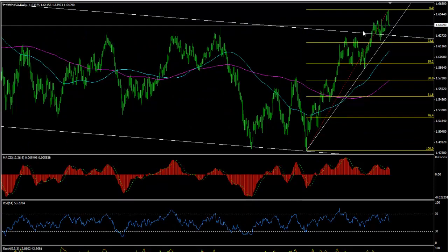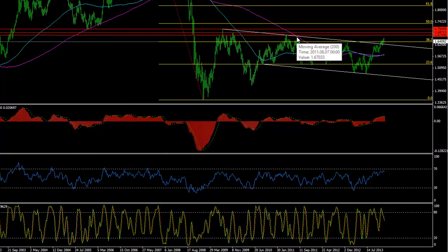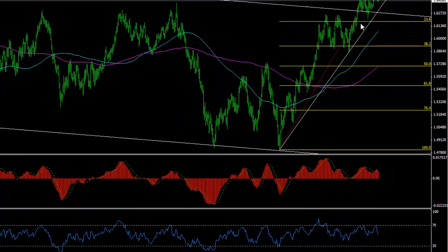Moving along to sterling. So that along with the euro, that made a 2-year high last week up here at above 166. If we go to the weekly chart, we can probably see that a little bit more clearly. Last got up here in 2011, and it's come off quite sharply since then. And with the daily indicators pointing lower, I think the initial move is to the downside, so I prefer to